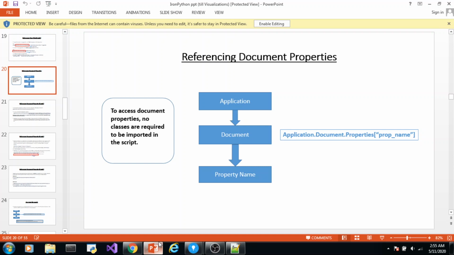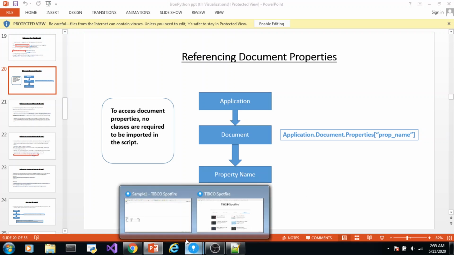So the hierarchy to access a property will be document dot. Now how do you access a property? This is how you access a property: document dot properties and the name of the property within a pair of double quotes. Again I recommend using the fully qualified name, that is, application dot document dot properties.